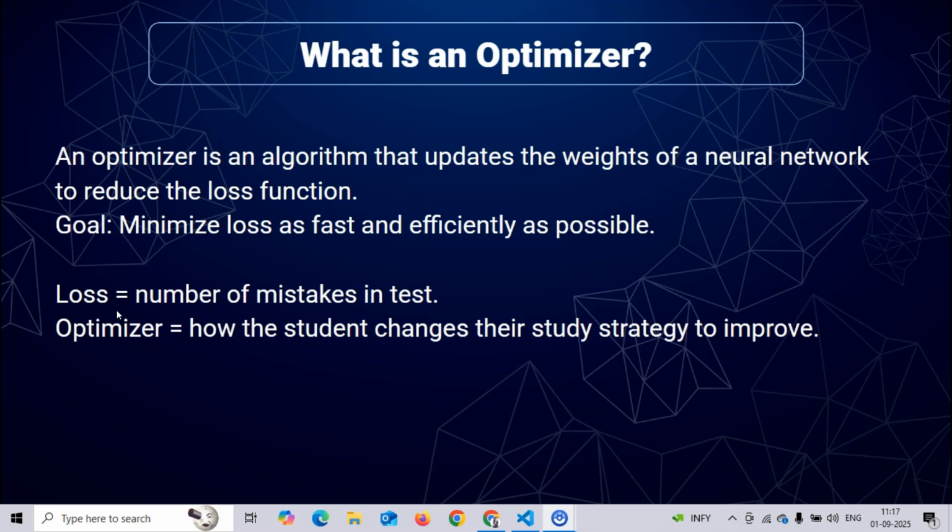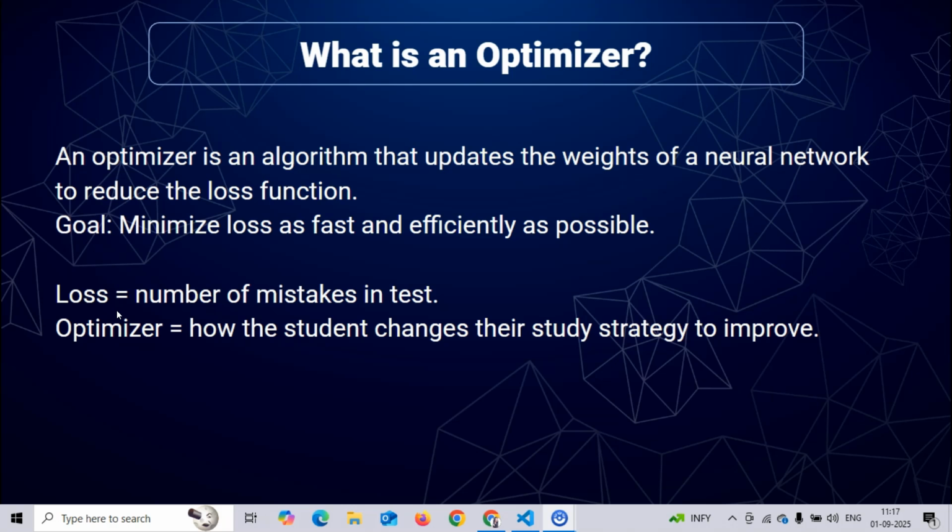Now, based on that mistake, the optimizer will come up with a strategy. It will increase the weight in such a way that you will get a higher predicted value now. Before it was 2,50,000. So the optimizer increases the weight and makes sure the value is now higher. Let's say now it comes to 2,80,000. So now the loss function, the error, is equal to 20,000. So this is how an optimizer works.